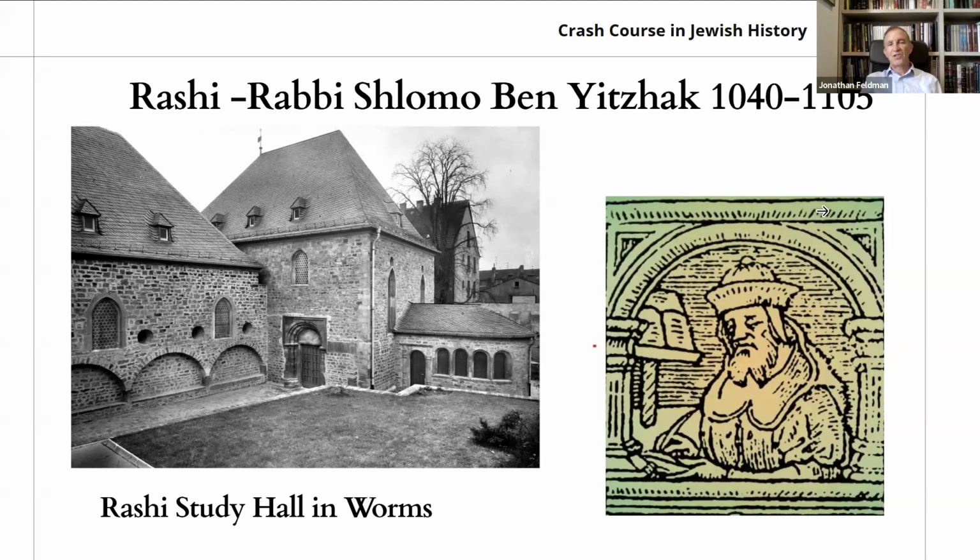And he was from France originally, from Troyes. He moved to Germany to study in Worms. The German community was rooted in Worms, Speyer, and Mainz. That's where the great scholars were. I visited Worms, and you can visit. It's really reconstructed because the Nazis destroyed his study hall. But you can visit